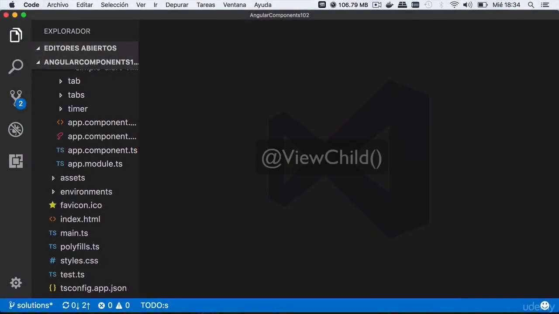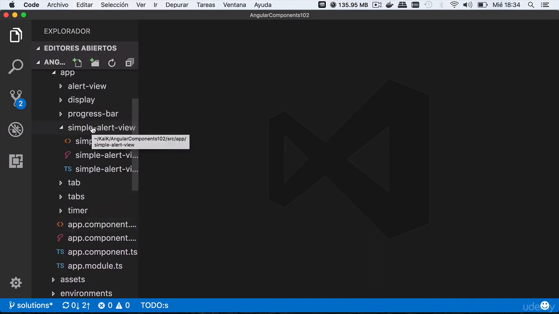the ViewChild decorator. It's like ContentChild, but for elements that are not transcluded using ng-content but simply belong to the parent component. We can compare it with a template reference variable, but only on the TypeScript side. To make you practice with ViewChild, I'm going to use another component you haven't seen yet, the simple alert view